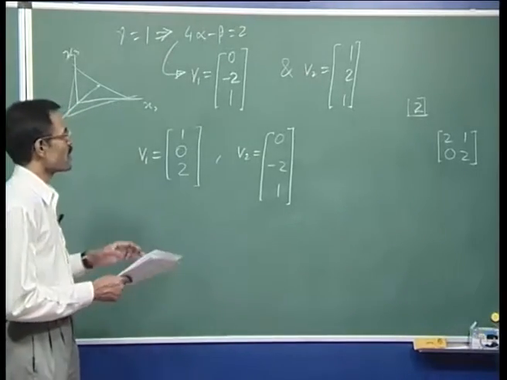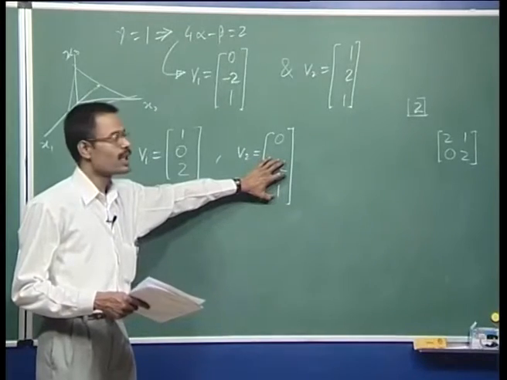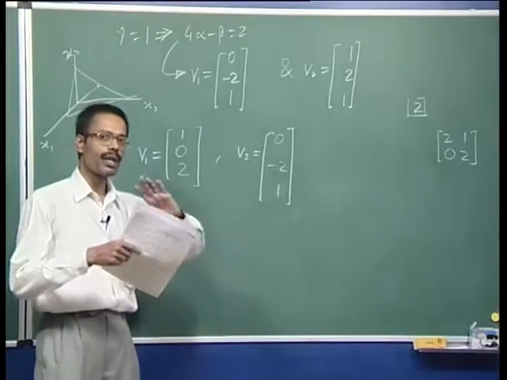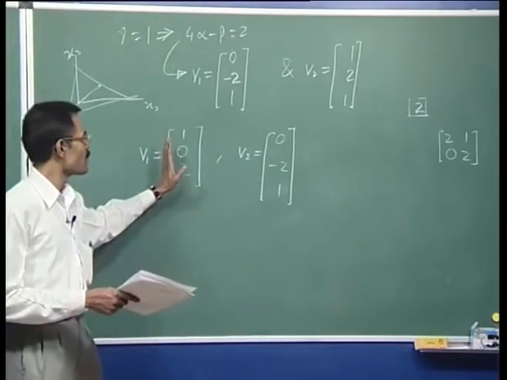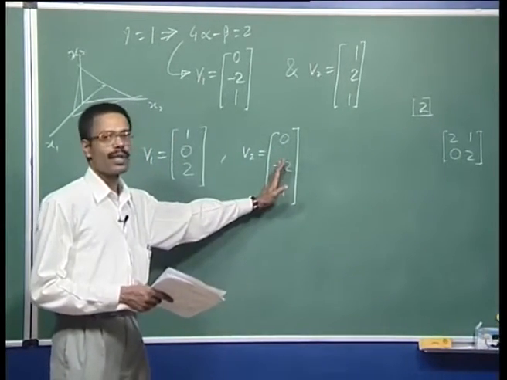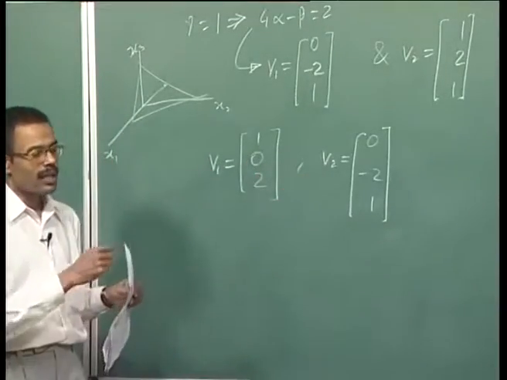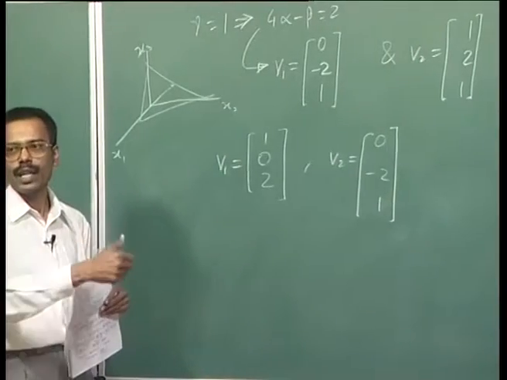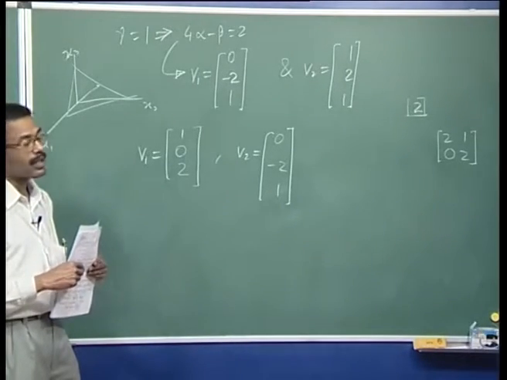For that, you can argue that these 2 eigenvectors belong to the eigenspace of eigenvalue 2. That means they are eigenvectors corresponding to the same eigenvalue. That means in that eigenspace, any linear combination of these 2 is also an eigenvector, and that eigenvector if we take in terms of AV1 plus BV2, then you can find out for which values of A and B we get an eigenvector which admits a generalized eigenvector.